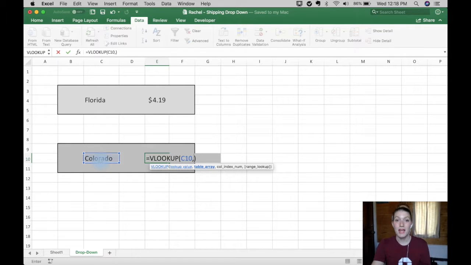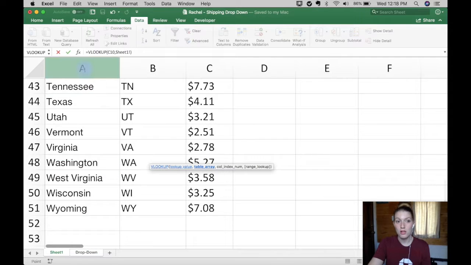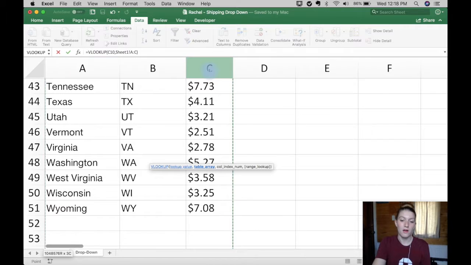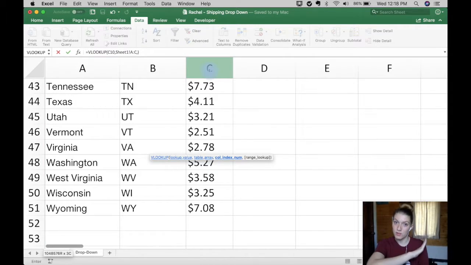Now we'll add a comma, and then the table array is going to be where we are looking for both the state, in this case the lookup value, and the value that we want returned to us. So we're going to go to Sheet 1, and all of columns A, B, and C will be our table array. Now I'll select comma to tell it we're done with selecting the table array. Now the column index number: what column has the data that we need? That's C, or the third column, A, B, C. So we'll type in 3,